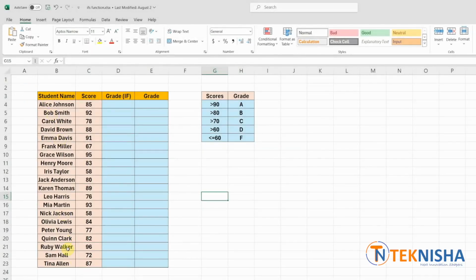Here is the list of students and their scores. To assign the grade based on the scores, you can do it using the IF function, which is the old way, and it can be pretty long. Anyway, let's see how to do this. So let's go to cell D4 and type in the formula equal to IF, where the test is going to be